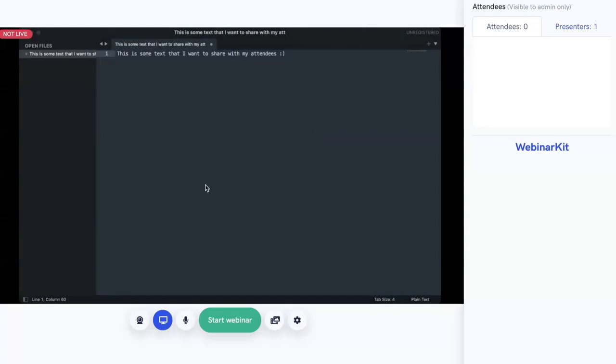Now you'll see that this button turned into a start webinar button. Again, we haven't gone fully live to our attendees yet, so this is a great way to finalize any camera settings or microphone settings and confirm any topics with guest presenters and so on before actually going live. But anyways, let's hit that start webinar button